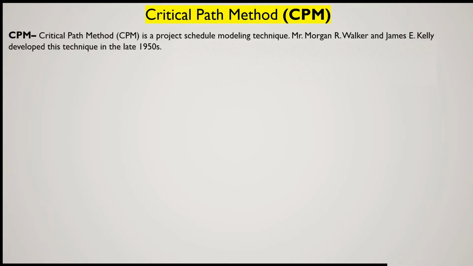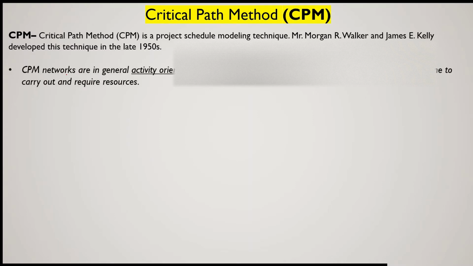So first of all, critical path method is one of the methods of developing a planning network for a construction site or for any other type of project. Now critical path method is basically a project scheduling method where we can develop a network which is made up of events and activities. That means it is connecting events and activities. And this method was developed in the 1950s by Morgan Walker and Kelly.